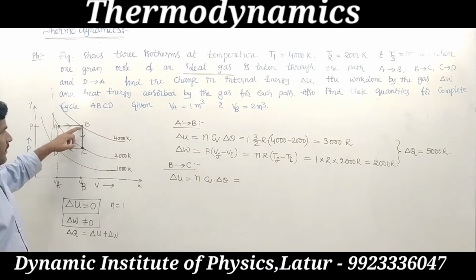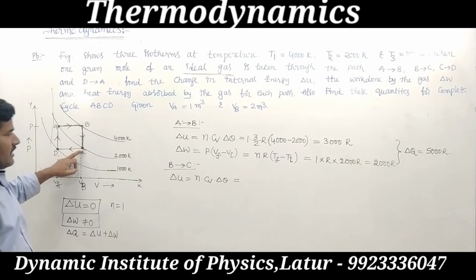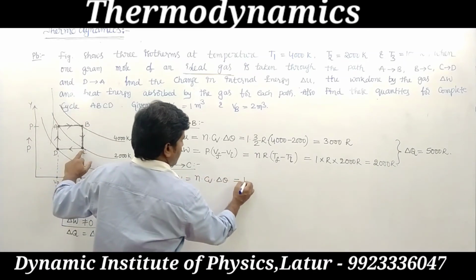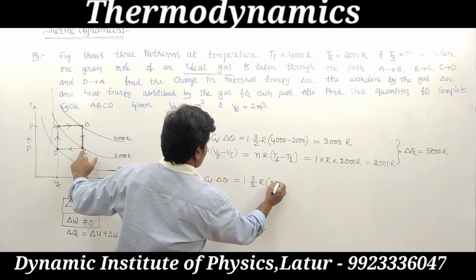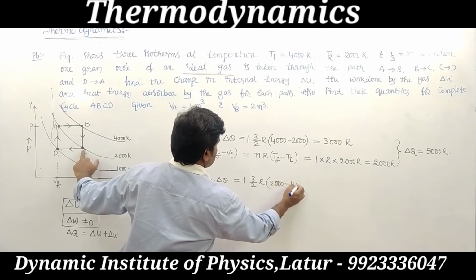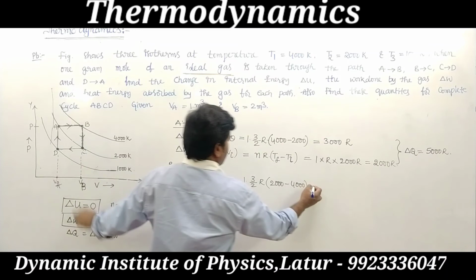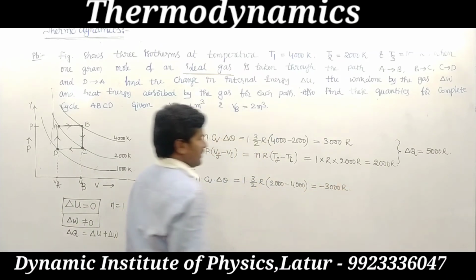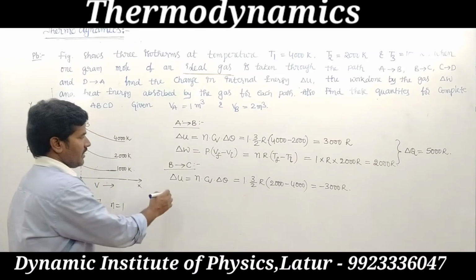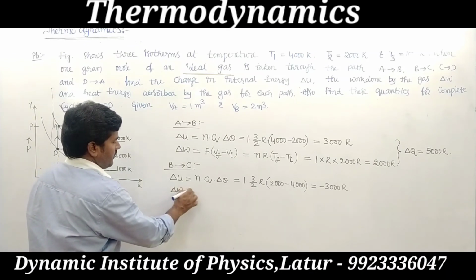So this is temperature 4000 Kelvin to 2000 Kelvin. So this is written as 1 into 3 by 2 R into 2000, final minus initial. Its value becomes minus 3000 R. Internal energy is minus 3000 R. And work done becomes